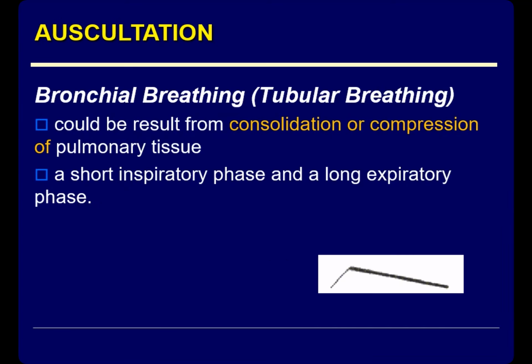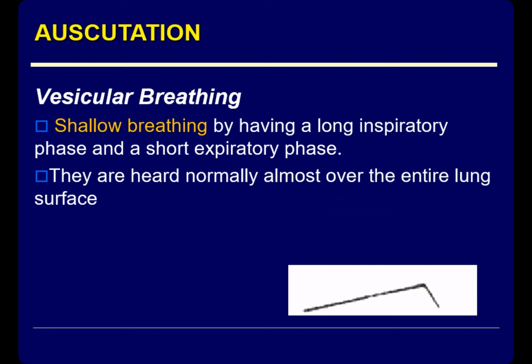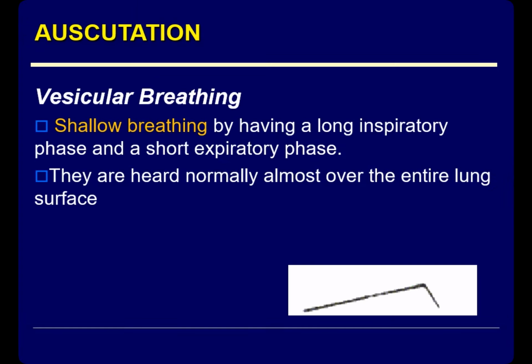Bronchial breathing, also named tubular breathing, could result from consolidation or compression of pulmonary tissue. It demonstrates a short inspiratory phase and a long expiratory phase. Bronchovesicular breathing could indicate a small degree of pulmonary consolidation or compression. The two respiratory phases in bronchovesicular breathing are about equal in duration. Vesicular breathing, with a long inspiratory phase and a short expiratory phase, is heard normally